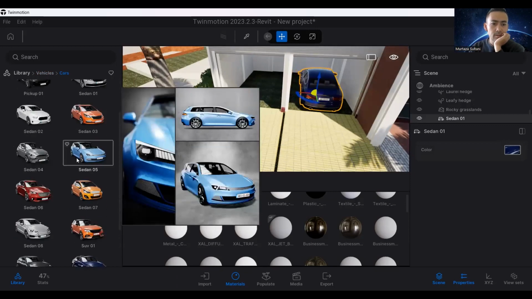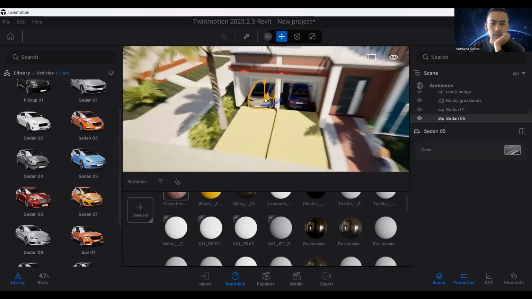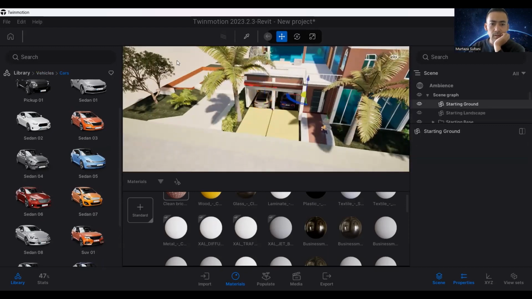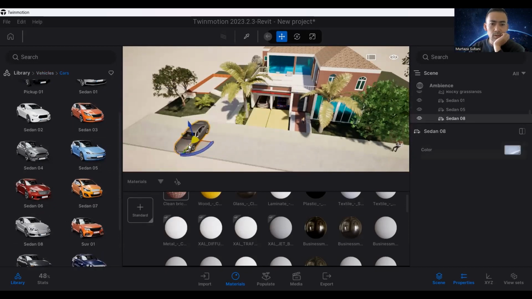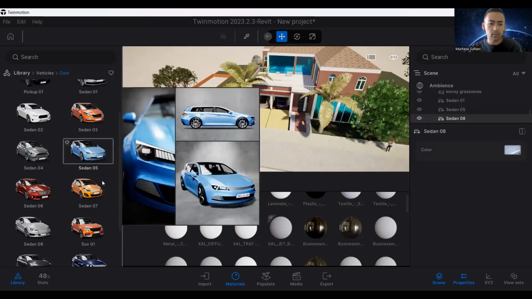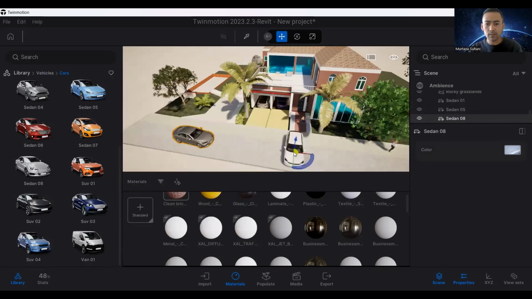In the garage, we can also add one vehicle inside this garage. You can add vehicles on the road, and then you can change the direction of the travel, as well as